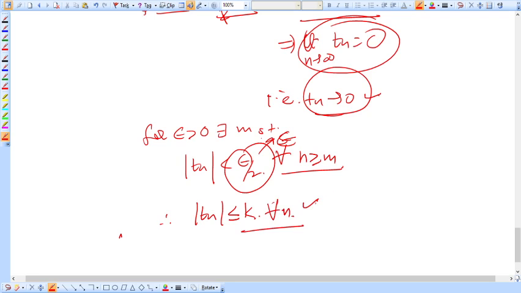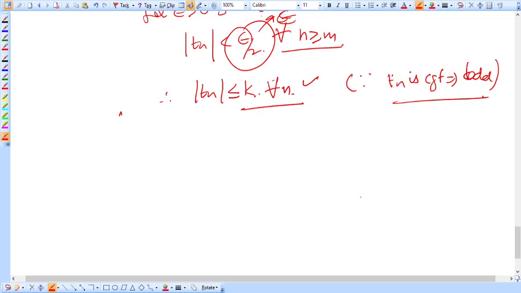Because this is a bounded sequence, you can write this here: because Tn is convergent, thus bounded. So it would be bounded by some upper bound and some lower bound, right? So now we have to show that